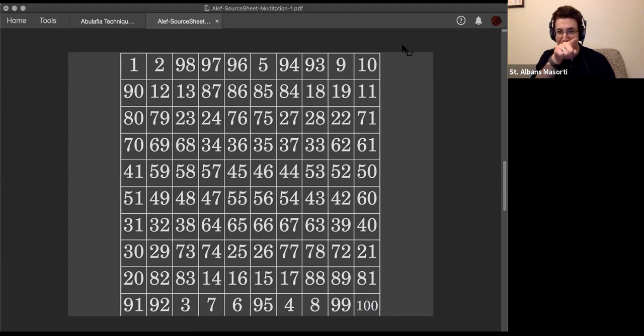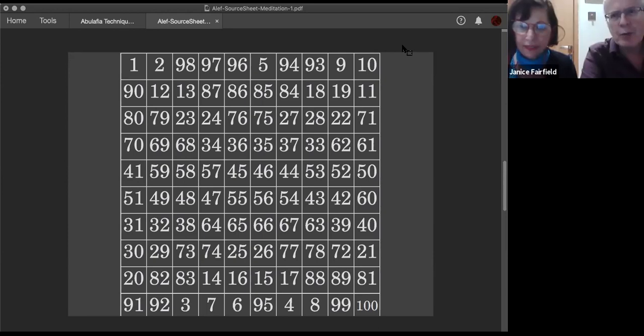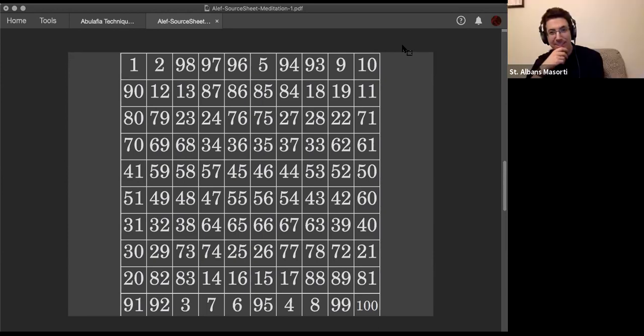I see Jackie pointing. Anyone know what this is or have a guess of it? I think it adds up the same in all directions. Very good, Jeff and Janice. 505. 505. And well done. So that's correct. Every single row and every single column and every diagonal, at least the 2 diagonals which are complete,